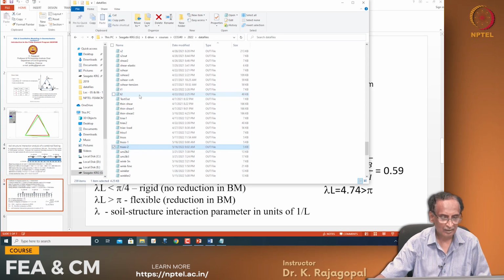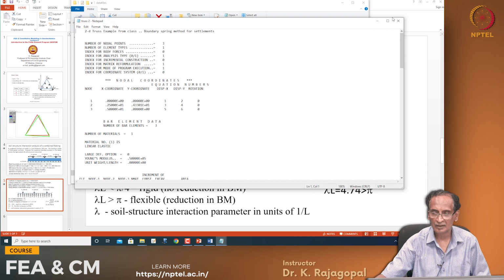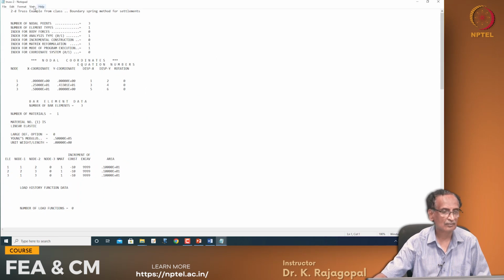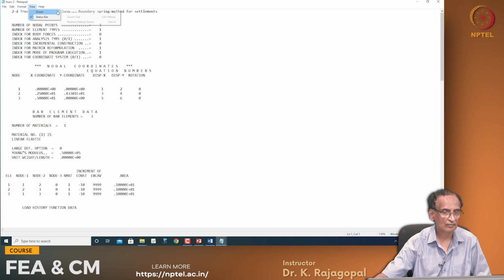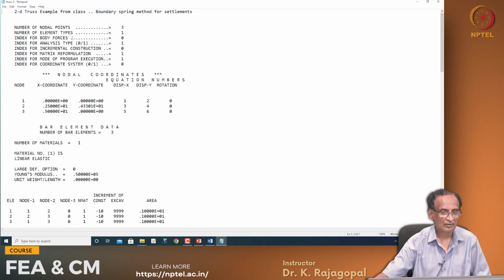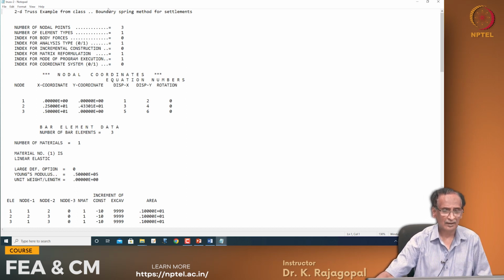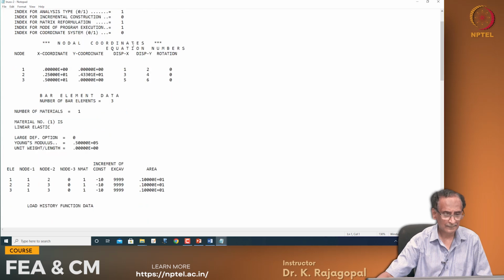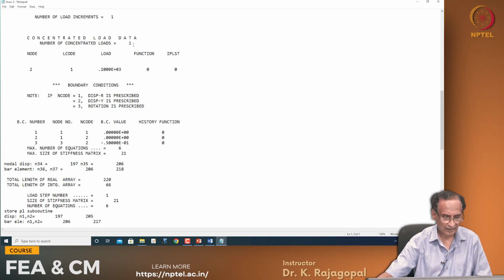Well, anyway, I think I do not have the data file, but I will show you the results. See, this is the truss example with the right hand side supported on a boundary spring, and we have seen that